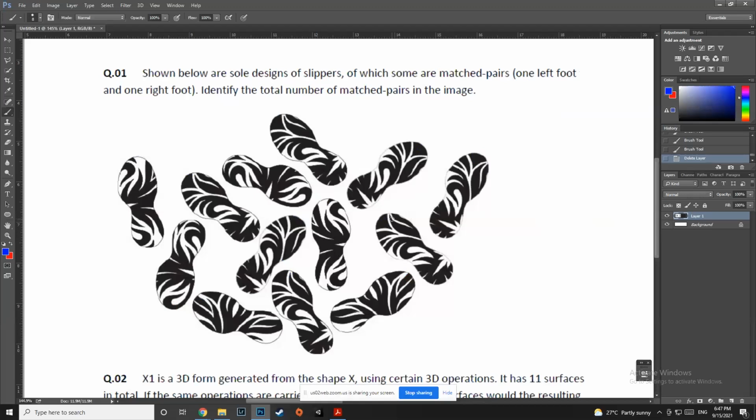Let us only take the right soles. So this is one. This is one, and this is one. Let us try to find the opposite versions of these. If I try to find the opposite version of this one, can anybody find the mirror image of this one? The opposite would just be a mirror image, right? Can somebody find the mirror image of this sole? You can just tell me where it is.